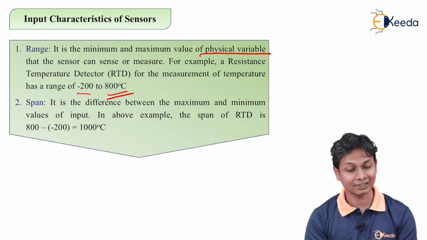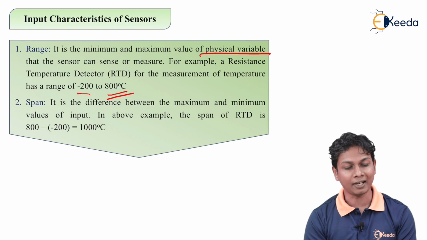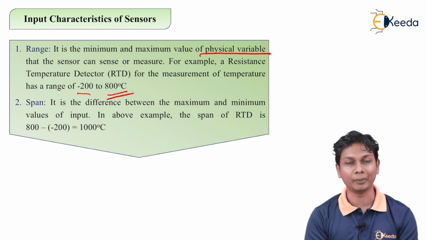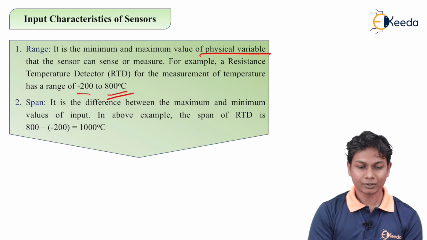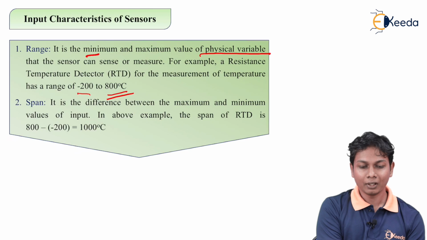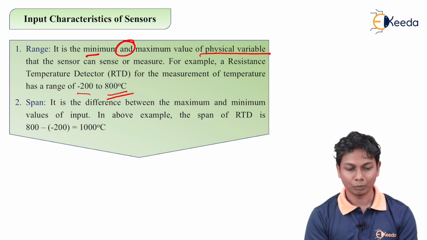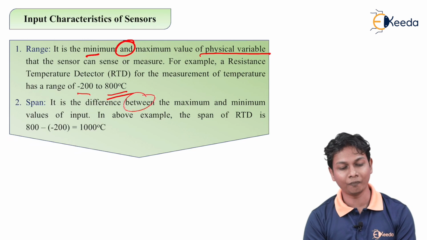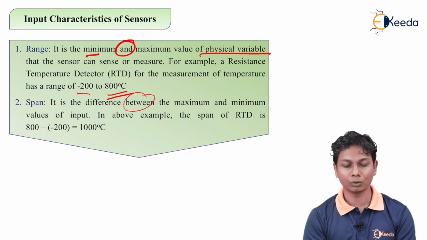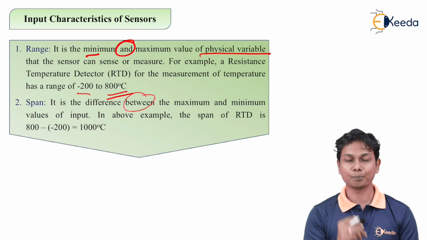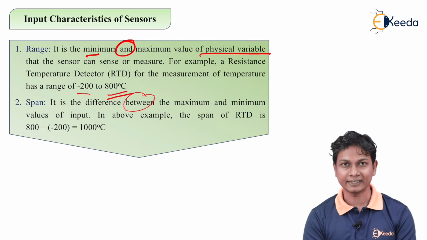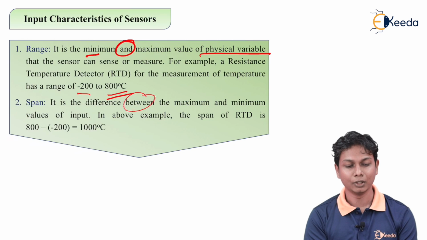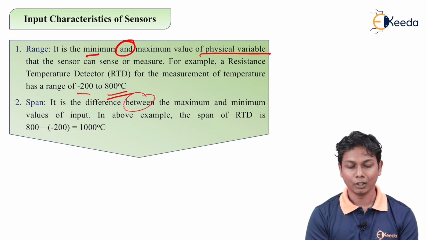Now the second part is span. What is the difference between span and range? Span is the difference between the maximum and minimum value. The range is the minimum and maximum value, but the span is the difference between the maximum and minimum value of an input. So in the example, the span of the RTD is 800 minus (minus 200), which gives